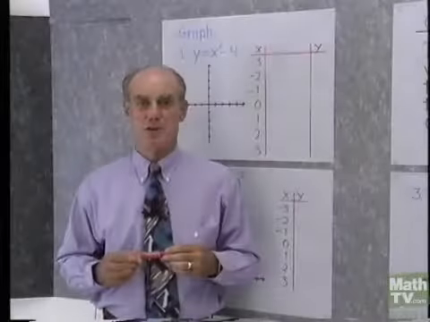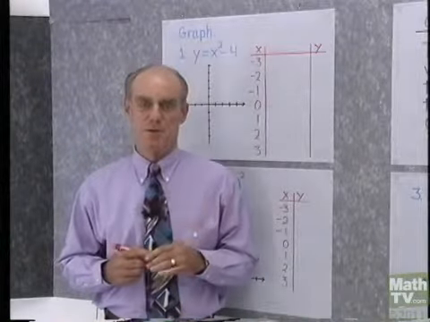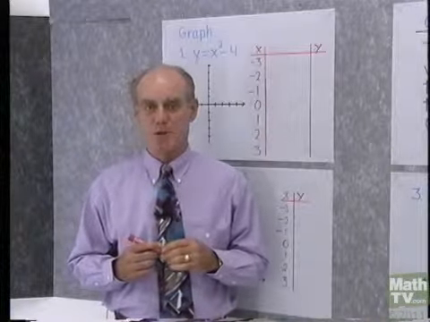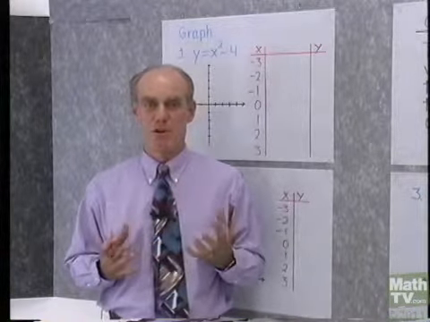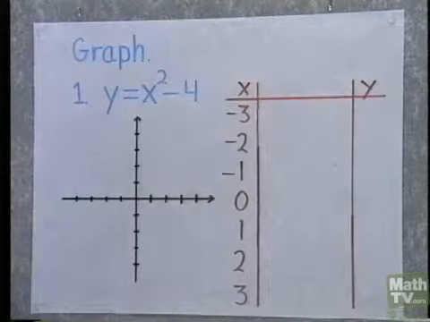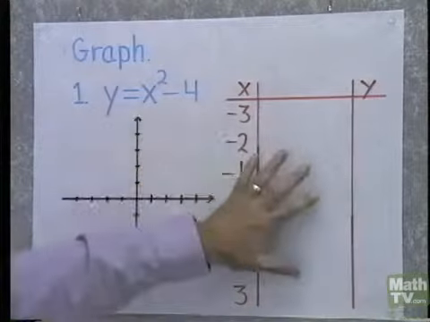We want to turn our attention now to graphs of parabolas, something that we started previously. We want to continue now and look at the graphs of some more complicated looking parabolas. What we're going to do first, though, is graph some using just a table. Here's our first example. I want to graph y equals x squared minus 4, and I've started the table over